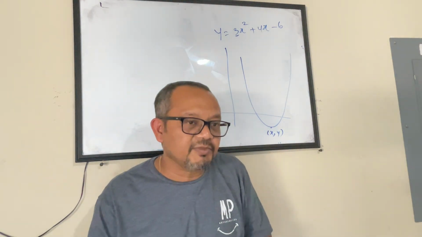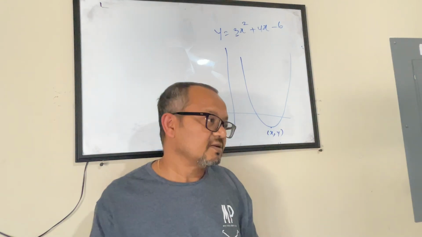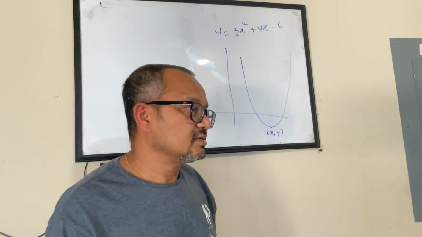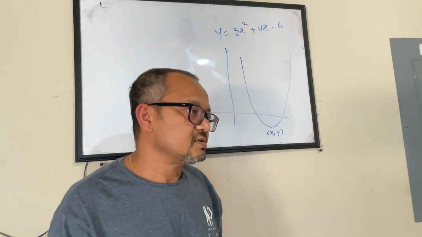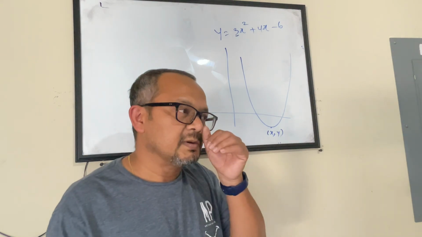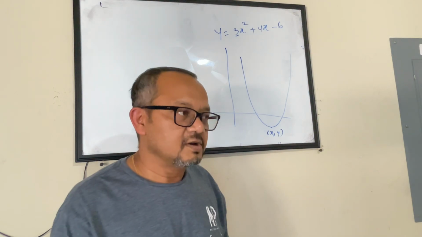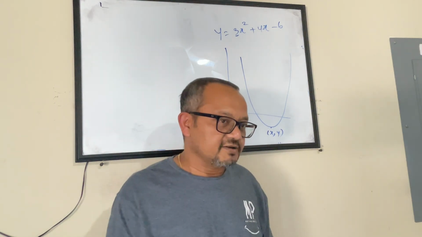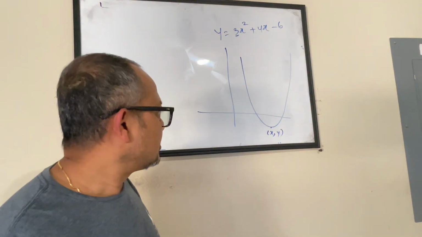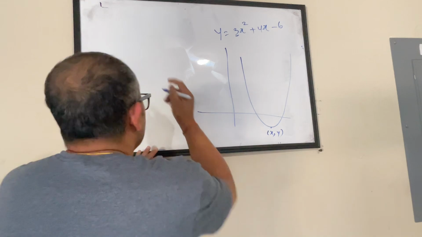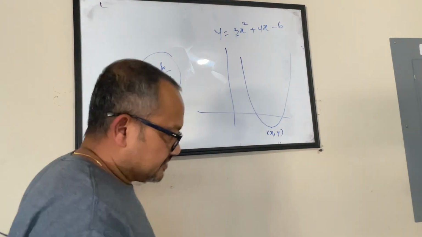Who can tell me how you would find it? I don't need the answer, I need the approach. I would set the discriminant to 0 and then plug in the rest. That would give you the x value of this vertex, plug it into the real equation, and you get your y value for your vertex too. Yes, Ritika. I would just use the formula negative b over 2a to find x, plug in the value for x and then find the y value for it. So that would get me x and y.